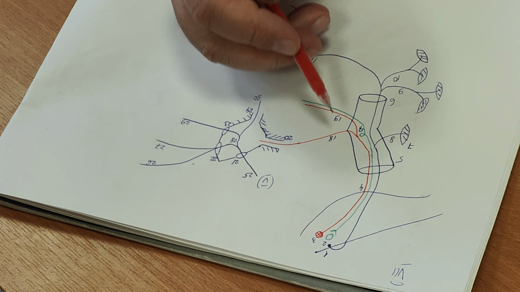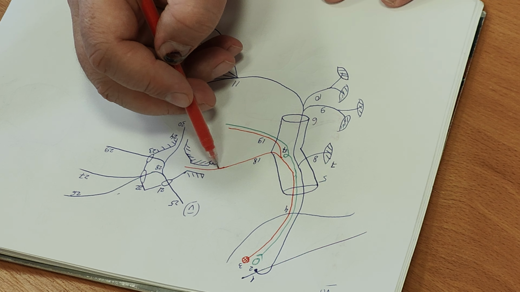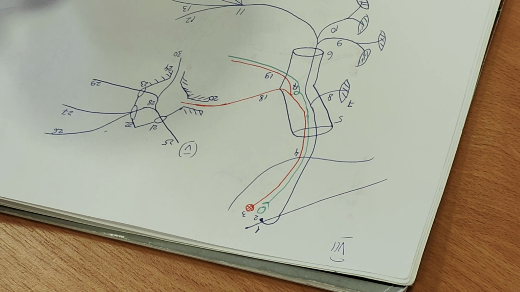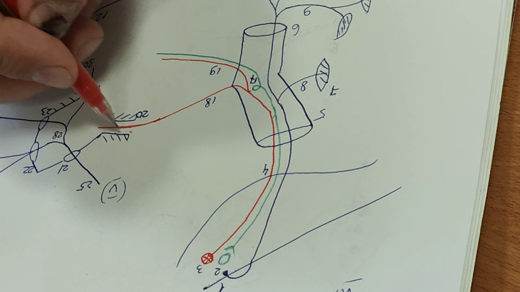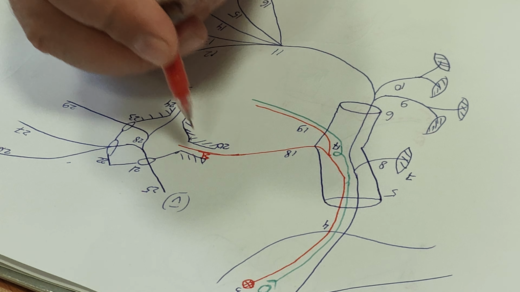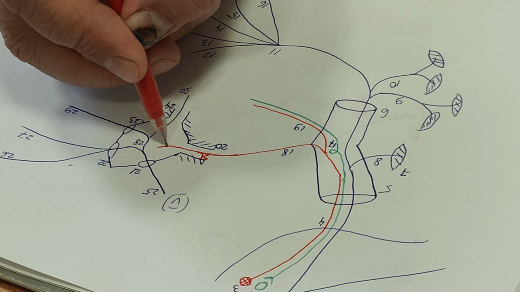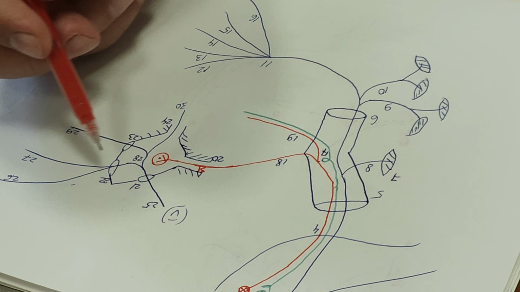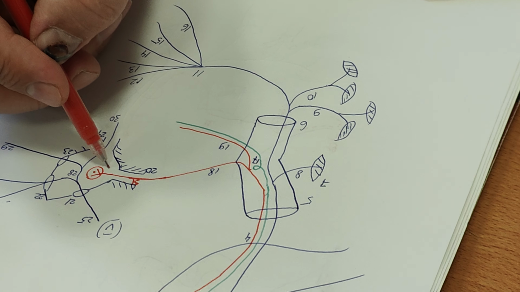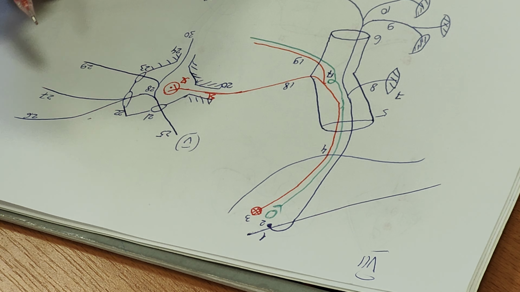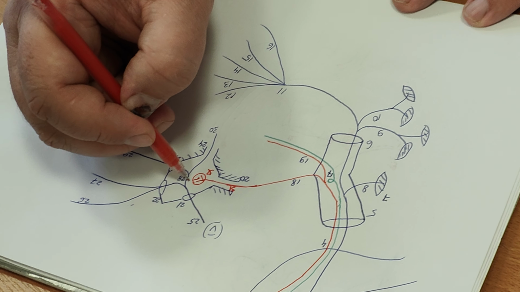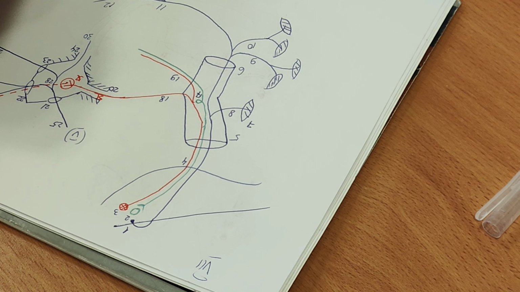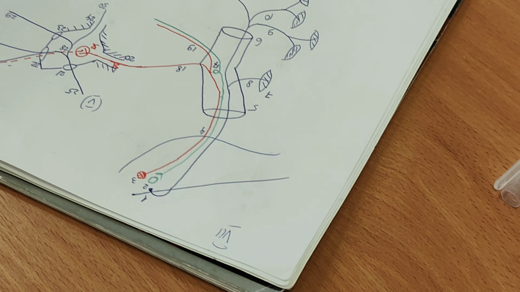And now the greater petrosal nerve. When it comes to the pterygoid canal, here it has the name nervus canalis pterygoidei, that is 31. This nerve goes to the pterygopalatine ganglion, number 32. From this ganglion postganglionic fibers go to the zygomatic nerve, and then they leave the zygomatic nerve and attach